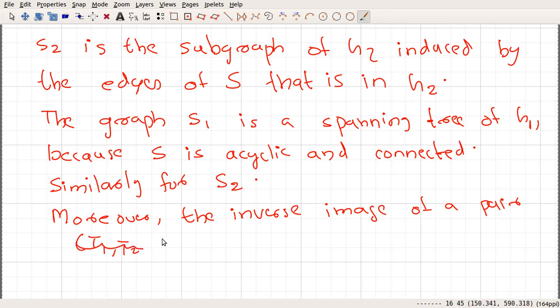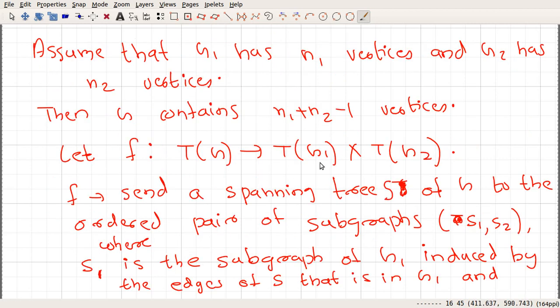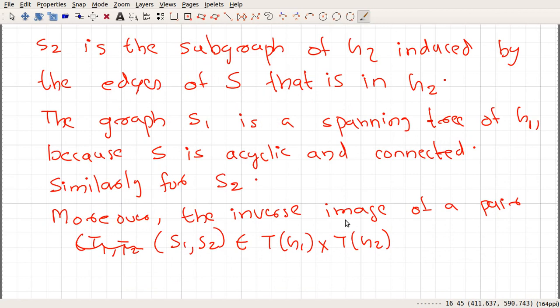Okay, I think we call that S1 S2, right? S1 S2, which belongs to that T of G1 cross T of G2. Okay, on this side, the inverse image of the pair S1 S2